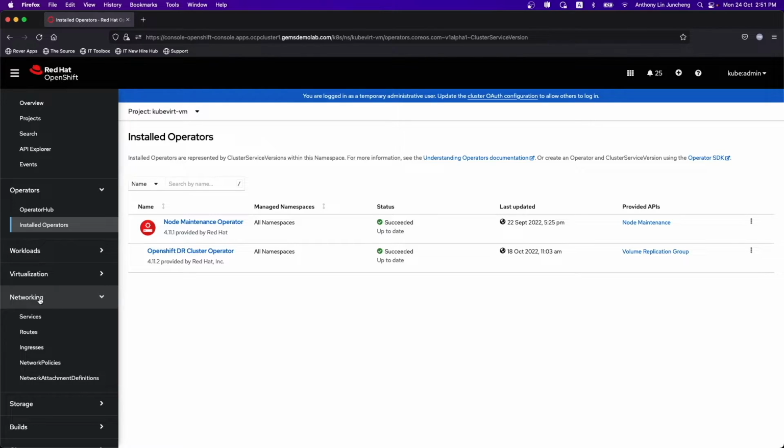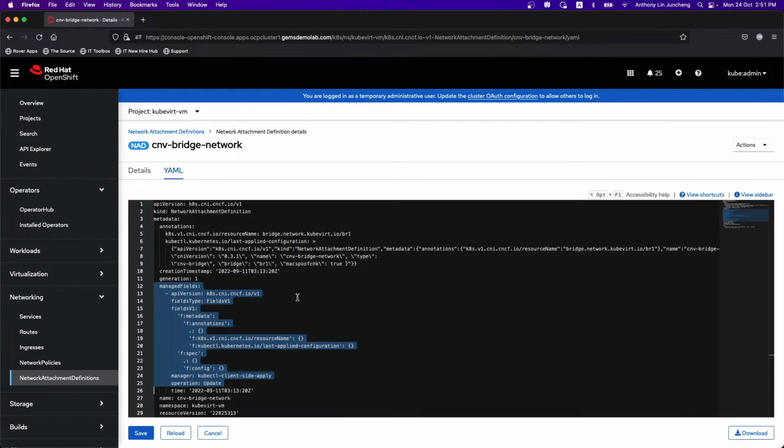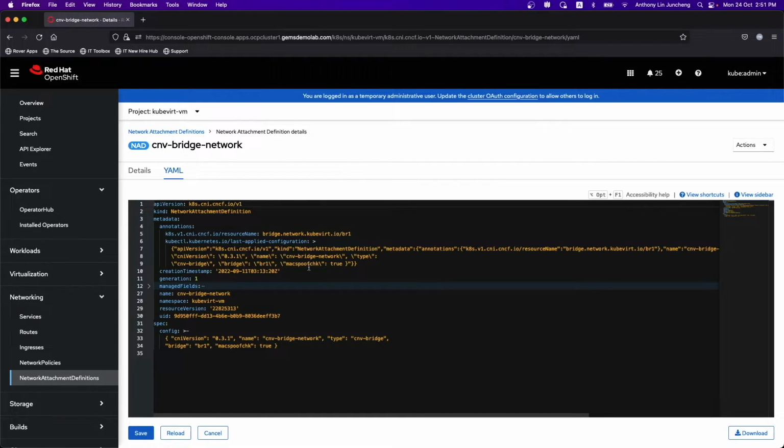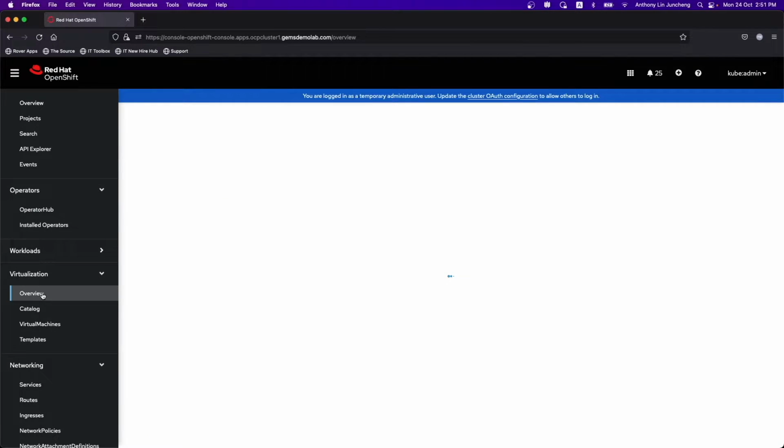So if you look at the networking piece, this is actually already defined over here in this particular namespace, with the same kind of definitions that we set up earlier with the YAML files, right? Going back to the virtualization,